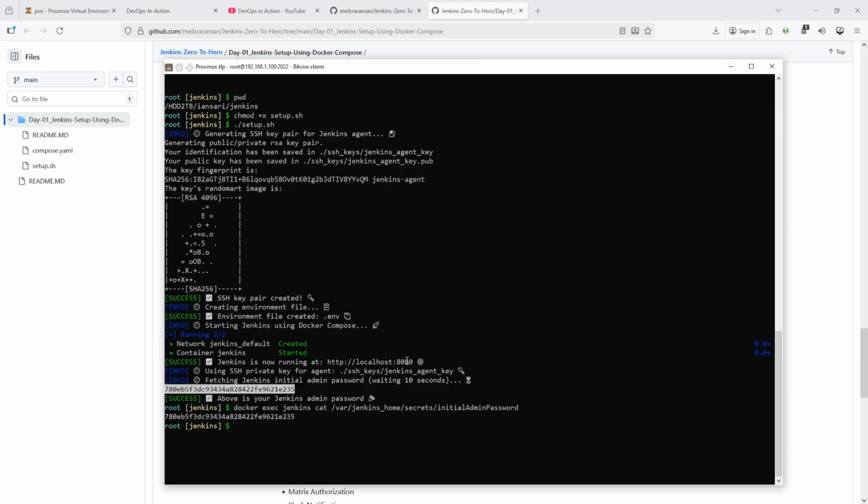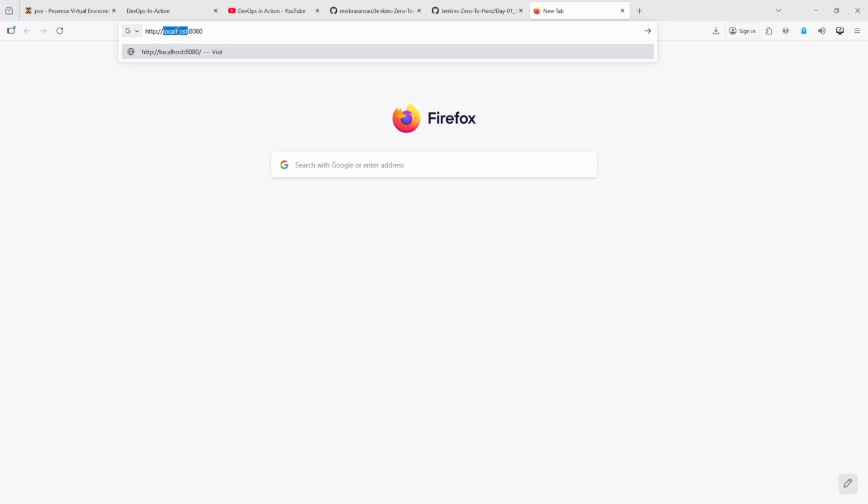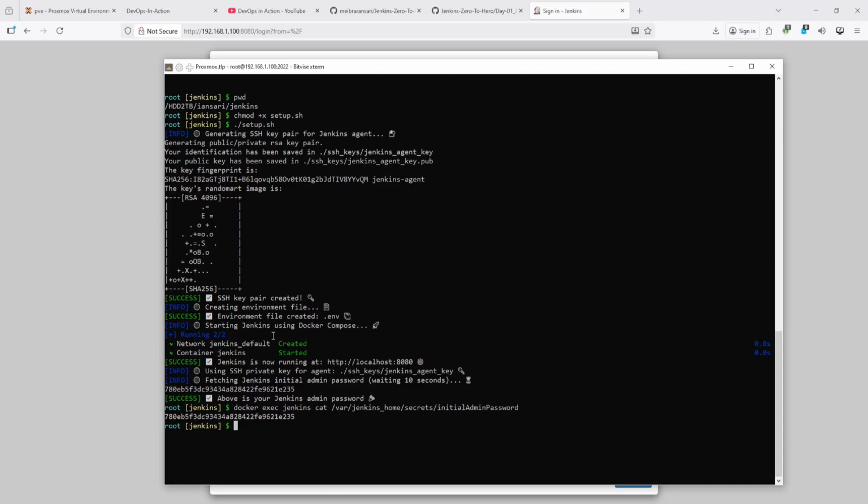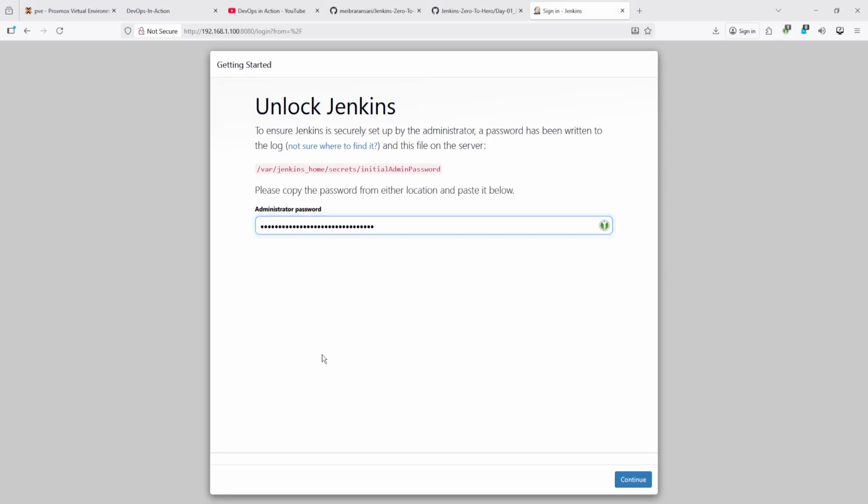Okay, so we want to open this one, and as of now this is not on localhost, so I'm going to place my server IP address. Okay, here it is asking for the password, so copy the password and paste it here, continue,